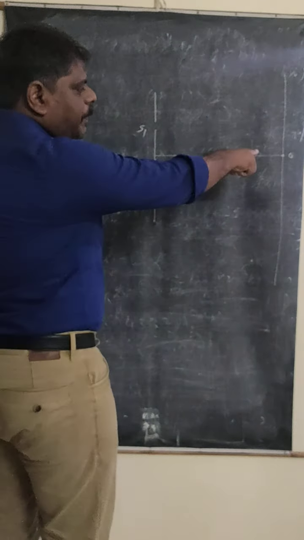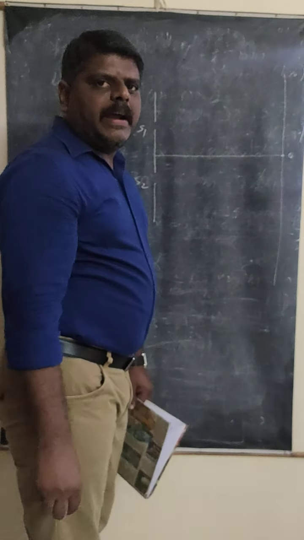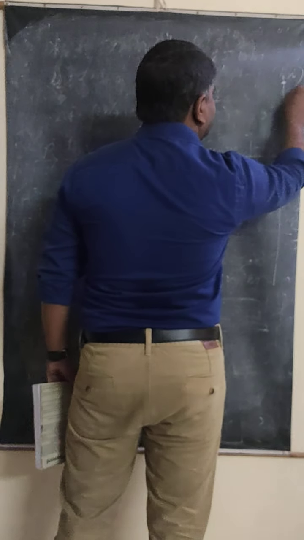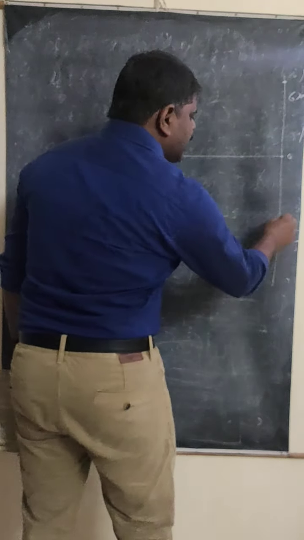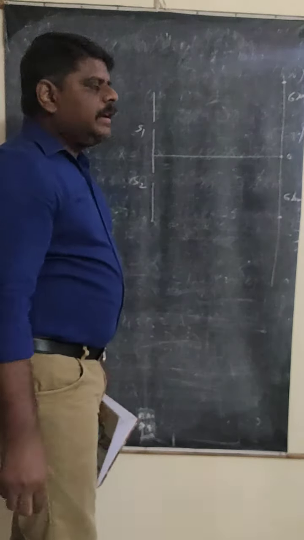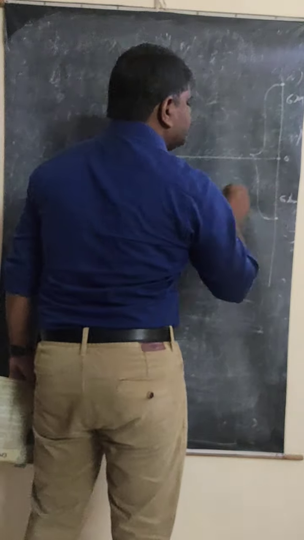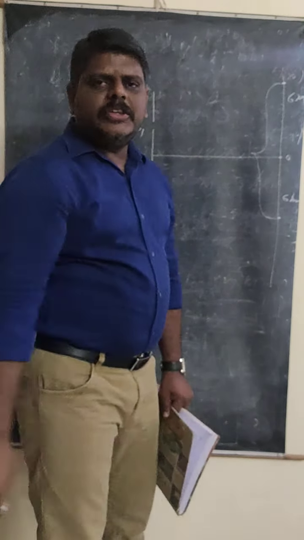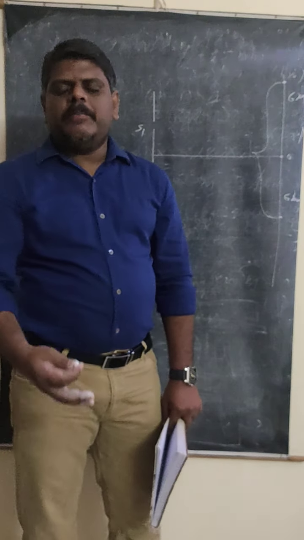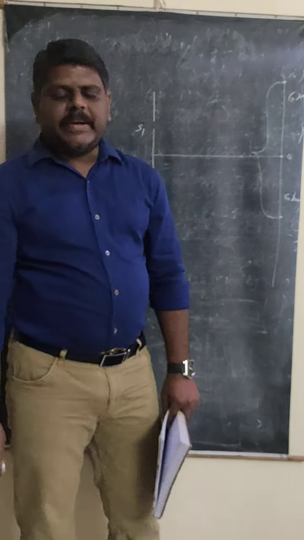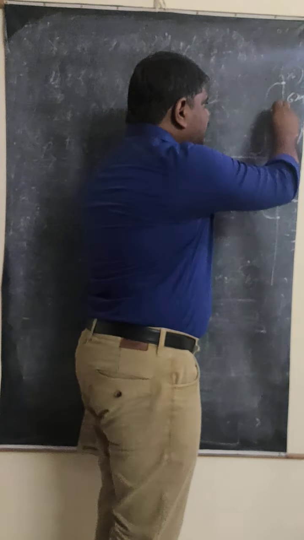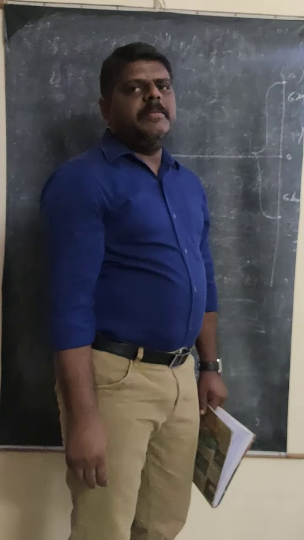From center point O, the distance of the sixth bright band is given. The thickness of the 6 bright bands on the upside and the 6 bright bands on the downside, this distance is given to you. So 6 bright bands on the upside, 6 on the downside. That means totally how many bands are you going to consider? 12 bands you have to take, because we are measuring from the central bright band. Total becomes 12.